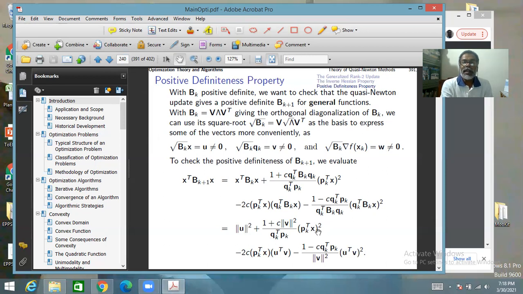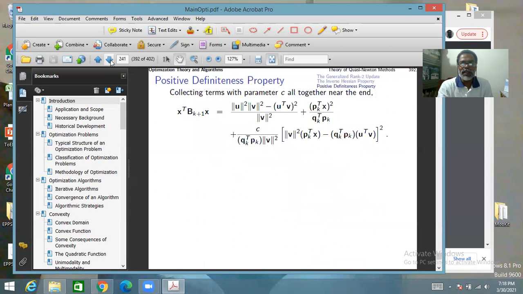So that means the whole square, a square comes from here, b square comes from here, and minus 2ab comes from here. Here both of them will come in the product. V mod square also will come, Qk transpose Pk also will come. So four things will be together. So when you put all of them together, you will get a square minus 2ab plus b square, which will become a minus b whole square kind of thing, like this. Do these steps on your own and you will be able to see how they assemble together. Now,